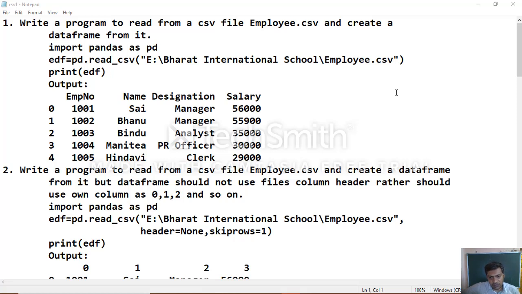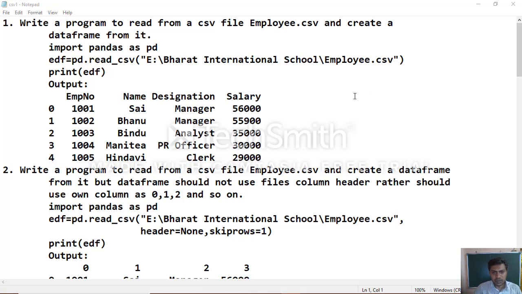Okay, in such a way we worked with different examples of how we can import data from a CSV file into a data frame object. Now we'll see some programs which were specified in the textbook. We will see the output of those programs, so we'll execute them practically also. And one more thing here: I tried the script file and it is not working, there is some problem in the module itself. So that's why I'm showing this particular concept through interactive mode only; you will be able to work with these CSV file examples.